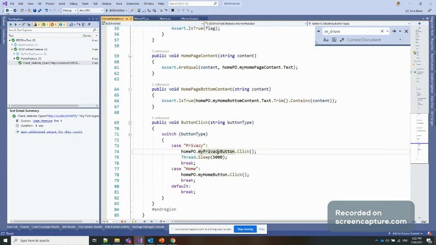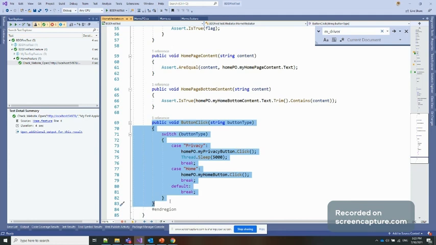And here you can see I'm not writing specific code for this, because for the click, or sometimes identifying some of the elements, we can write some common method. This type of method will go into a utility type of class, where all the common methods will come, and we can use such methods all over the project level. Right now I put it here, but for best practice, you can keep it in a separate class, a utility class or common class, and take the reference and use it.